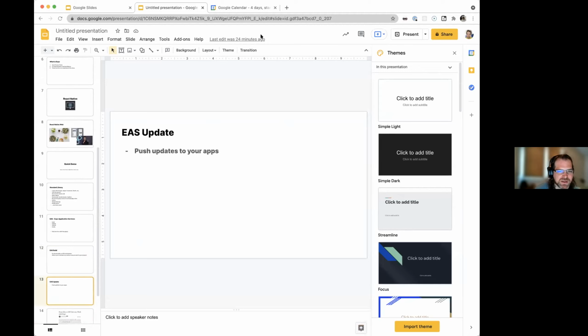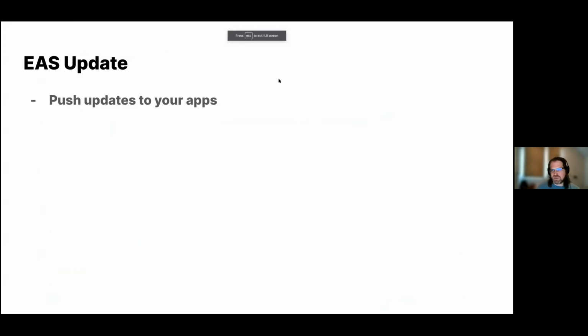The other thing that's a really big deal is called EAS Update. What this basically does is let you push over-the-air updates of TypeScript or JavaScript to your apps whenever you want. In the world of web apps, best practices have moved over the last decade to continuous deployment, where every time somebody on your team makes a change and does a git push to master or main or release, you run all your tests,